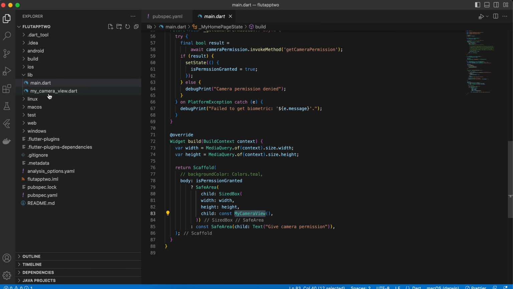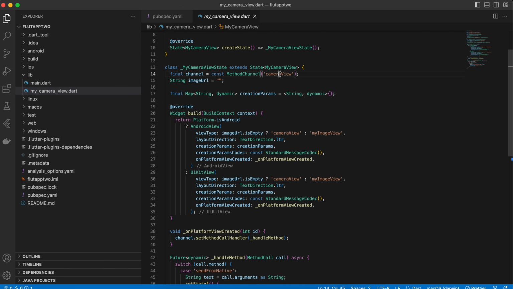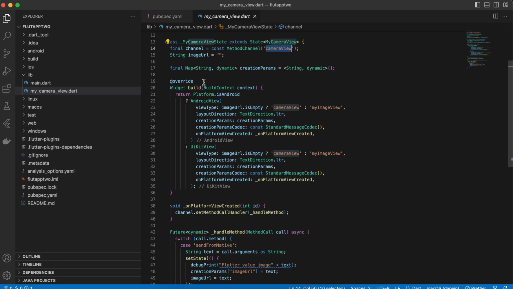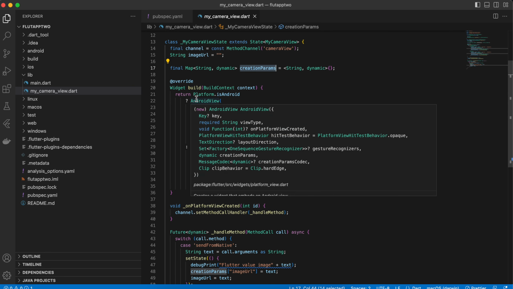Now I have created another widget called my_camera_view.dart, and inside this I have created a stateful widget, and I have created a camera view. Then I have created some creation params, and here you can see I am displaying a native view,